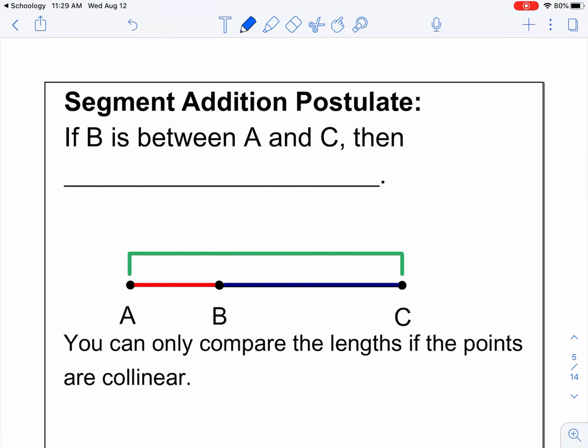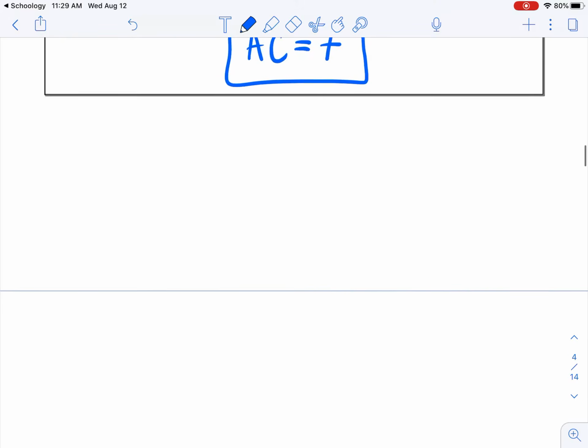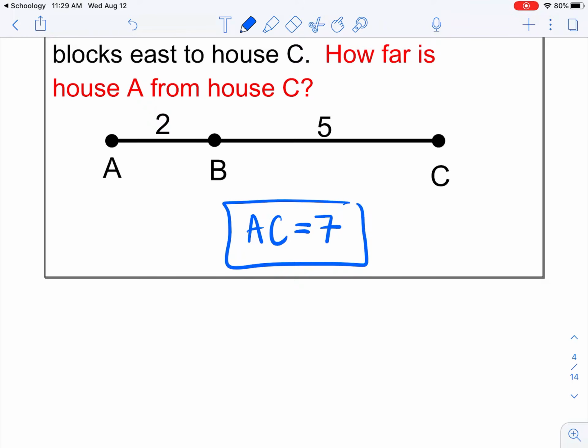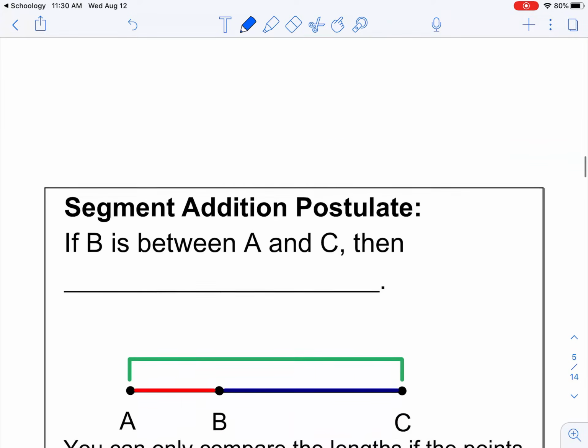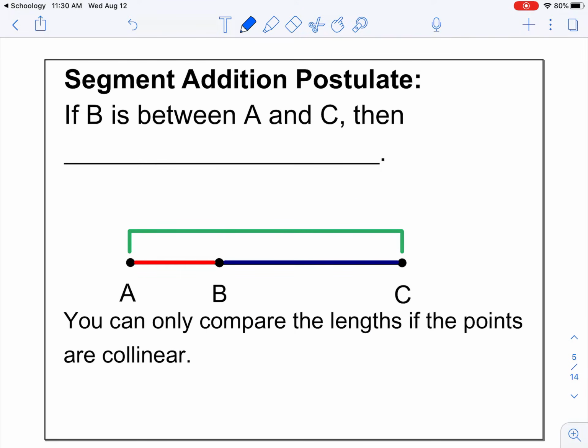Okay, so that brings us to the segment addition postulate. The segment addition postulate says, if I have a segment such as segment AC right here, I can get its length by adding the segments that are made up by it. So I can do this piece plus this piece. So if B is between A and C, so this is drawn right here, this is A, this is C. Notice right here that B is in between it. If B is between A and C, then